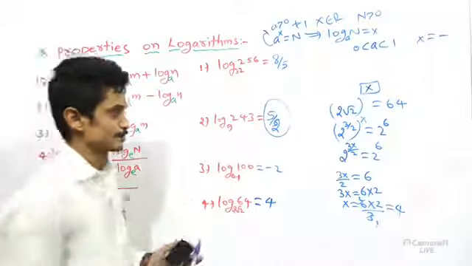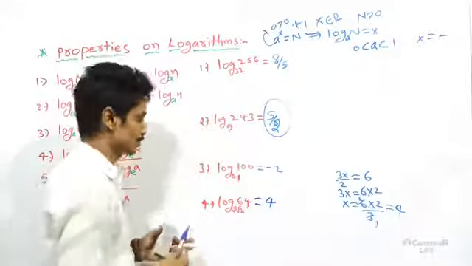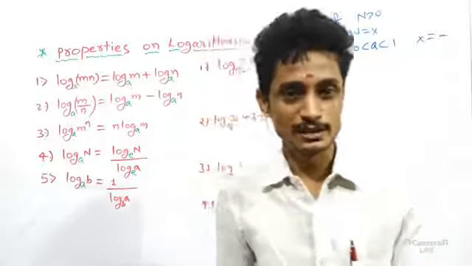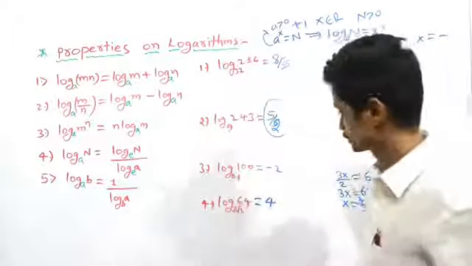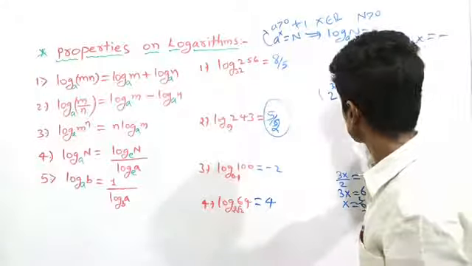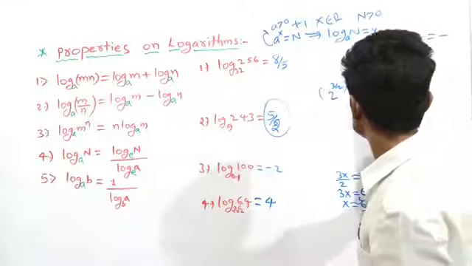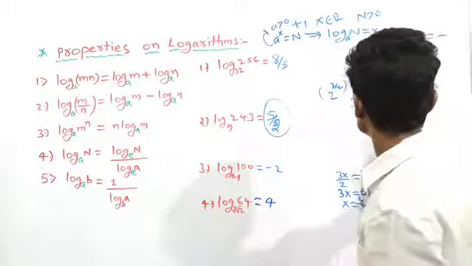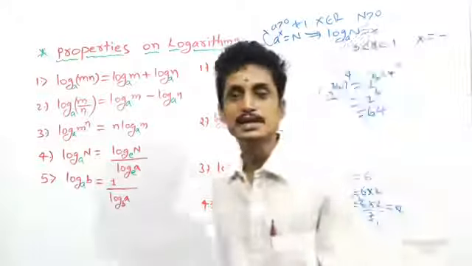Once we verify, how to verify this one? Whether our answer is correct or wrong. That verification is most important in mathematics. If we calculated something, definitely one result will be obtained, but whether it is correct or wrong we don't know. Verification is the most important. Look at this one. 2 power 3 by 2, because 2 root 2 is 2 power 3 by 2, whole power 4 is nothing but 2 power 3 by 2 into 4. According to the third law of exponent, 2 ones are 2, 2s are cancelled, 2 power 6 is nothing but 64. Exactly, my answer is the correct one.